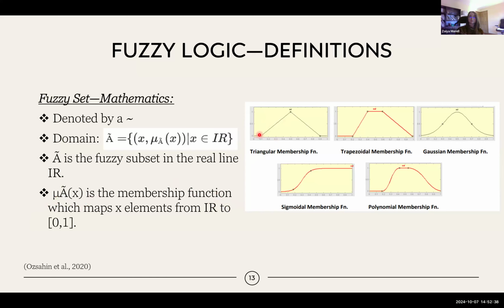So in more simple terms, say you had a dog. Dog is your X, your real object. And we're going to say, how cute is that dog? You have its membership function 0.9. And that maps it onto its fuzzy set, where does it fall on here? And you can see we have all sorts of different shapes for this. You can either have something that increases linearly, is true at a point, and decreases. You can have a large range over which is true. You can have a bell curve where it gradually becomes more true and then more false. You can have something that's only partially true until a point, which is sigmoidal, and then polynomial.